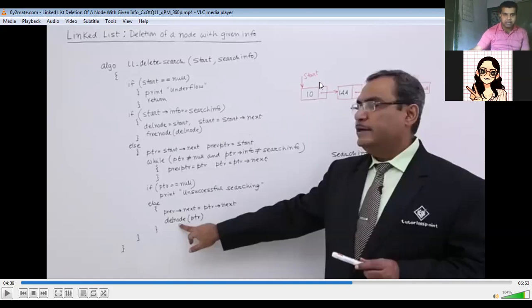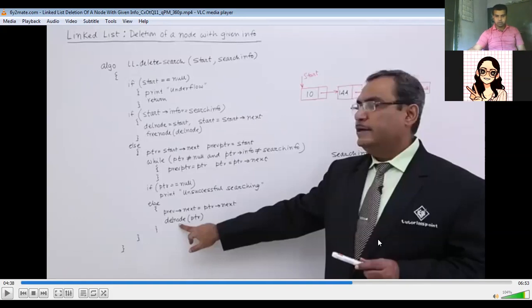So right now, if you perform this, what is the ultimate outcome? The very first node is the particular node which we want to delete, that means the information present inside the node is satisfied. That is why we are deleting the very first node. So the second node, with respect to the original linked list, becomes the head node of the modified linked list. That is 144. This new node becomes the modified head node of the modified linked list. That is the concept.